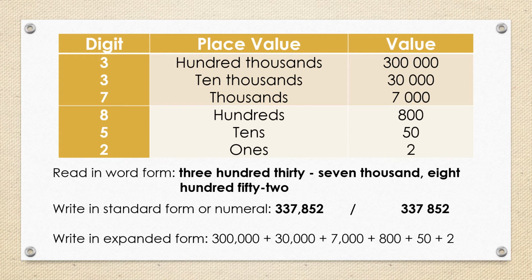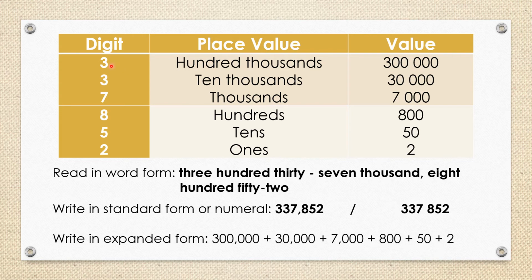So we have 337,852. And then for 3, the place value of 3 would be 100,000s, 10,000s, then thousands, hundreds, tens, and ones. So 2 would be ones. The smallest place value is ones, going up, tens, hundreds, thousands, 10,000s. The value of 3 in 100,000 is